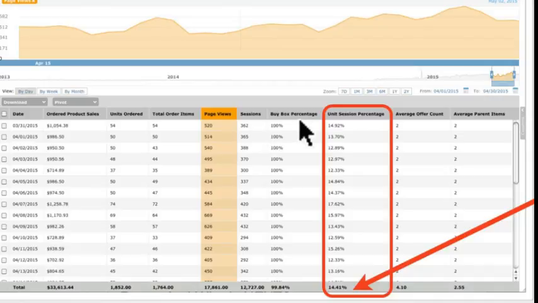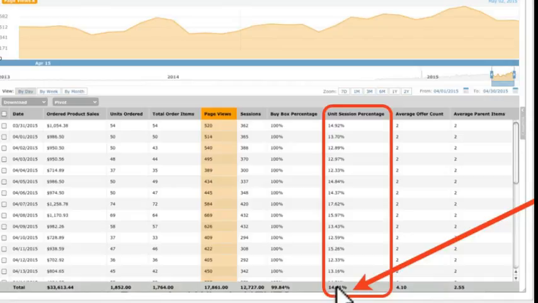Now you can see here Buy Box Percentage. We owned it 100% of the time because it's our product, okay? This is why retail arbitrage is harder, because you don't own it. You're sharing it. And then here you can see the Unit Session Percentage. You can see they vary, and every day it's going to vary, but that's why it takes all of them and creates an average. So we averaged